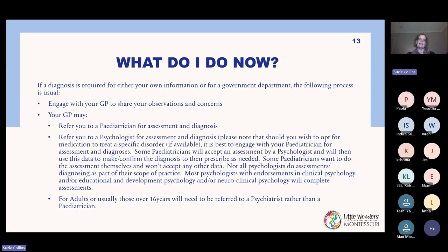So the main part is making sure you contact your paediatrician to decide whether they want to do the assessment themselves, or if they're okay to consider the data obtained by a psychologist. Then you can go ahead and have the assessment done. In my practice, I ask clients to contact their paediatrician to see whether they'll accept or consider the data I can collect and present, or whether they want to do it themselves. Often I find they're quite okay to accept somebody else's data.